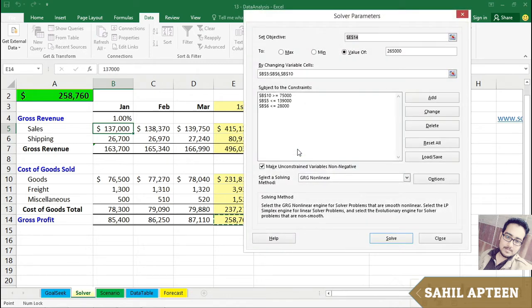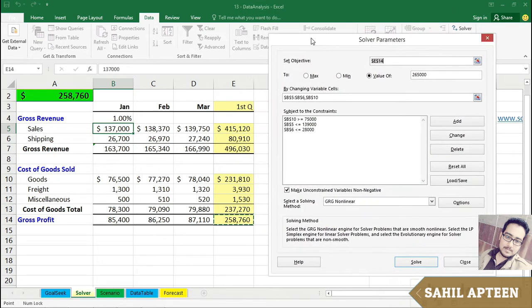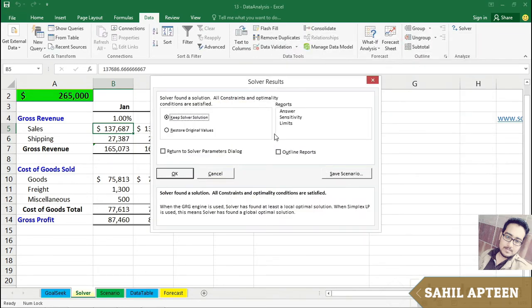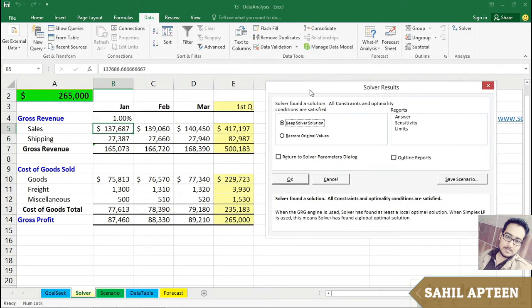Okay, we've got our constraints in place. So here's what we're saying. We want this total, the 258,760, right now it is, we want that to grow to 265,000. Subject to the constraints of cell B5 growing, but no more than 139,000, B6 growing, but no more than 28,000, and B10 shrinking, but certainly at 75,000 or above. Let's click Solve. Solver found a solution, and we see our numbers in the background,